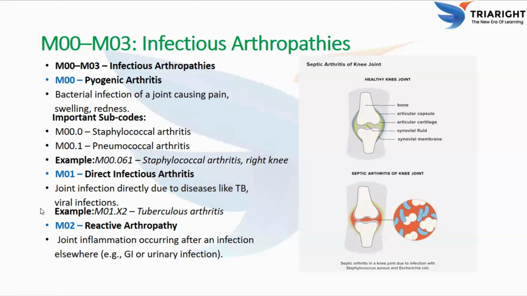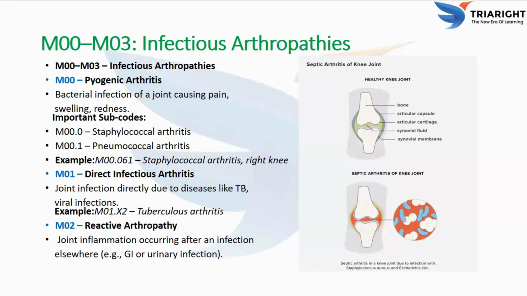So next, coming to M02. So M02 describes reactive arthropathy. This is also known as post-infectious arthritis. So the joint is not infected, but the immune system reacts to an infection that happened elsewhere in the body. So what are the common triggers here? GI infections, urinary tract infections, and also post-viral infections. So these appear 1 to 4 weeks after the infection. They usually affect knees,